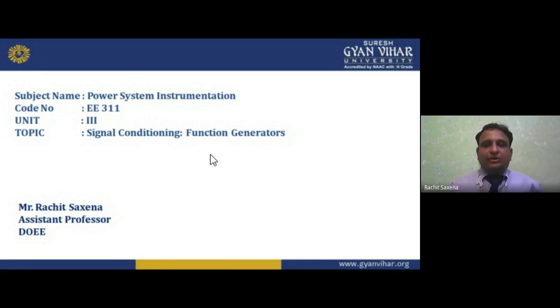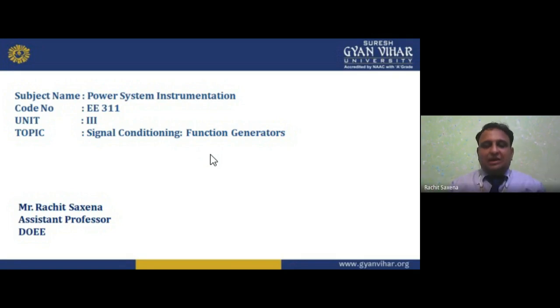Now the second unit deals with the transducer. This is a main important part, because if I want to measure something, I have to convert it to my desired level. I may get an analog signal and have to convert it into a digital signal. Or I get an input in mechanical form and want to measure it in electrical form. So I need a converting medium, that is the transducer, having two things: a sensing element and a transduction element.